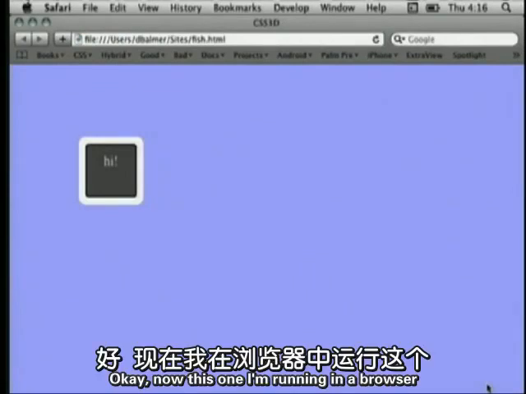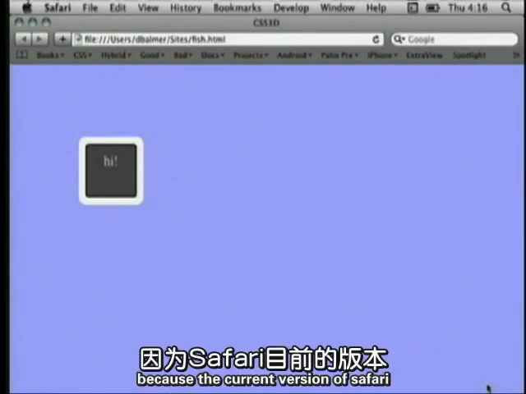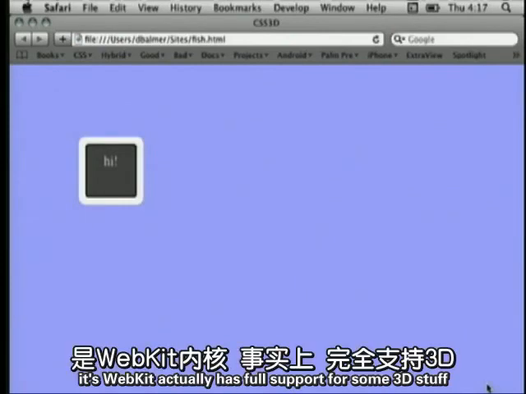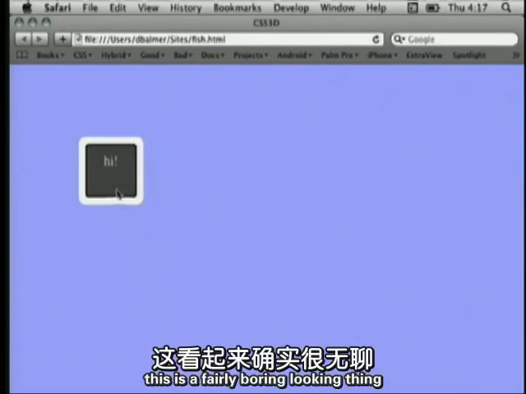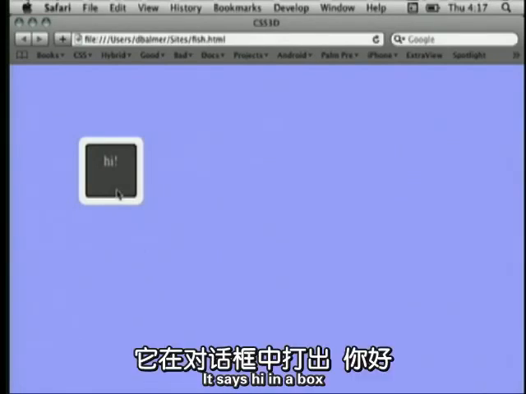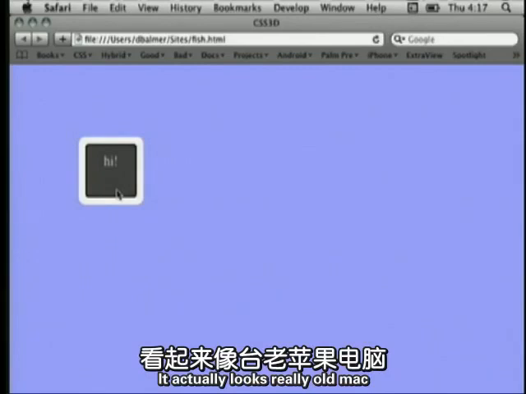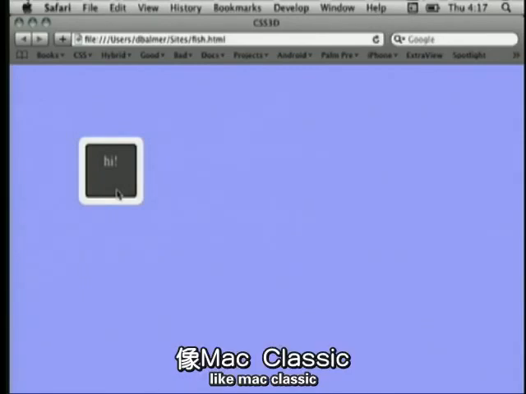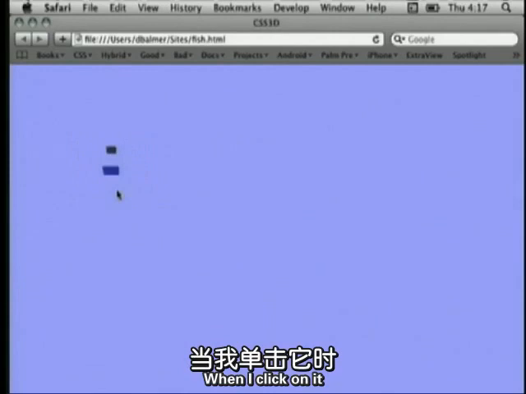Okay, now this one I'm running in the browser because the current version of Safari, its WebKit, actually has full support for some 3D stuff, which I'm going to show you real quick. So this is a fairly boring looking thing. It's a box. Actually, it looks really old Mac, like Mac Classic. But when I click on it,